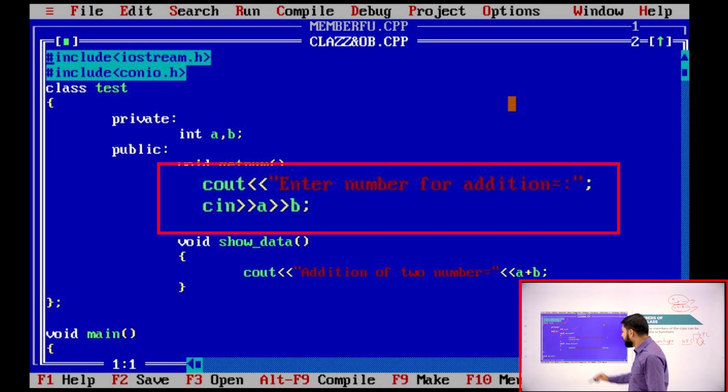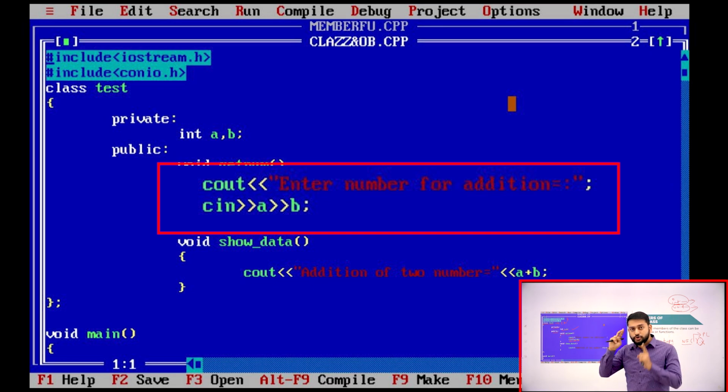If they enter two values, the first value will be stored in the variable called A and the second value will be stored in the variable called B. So to store the values in A and B, what is the keyword that I'm using? I'm using cin. Cin will help me to read the value from the user.